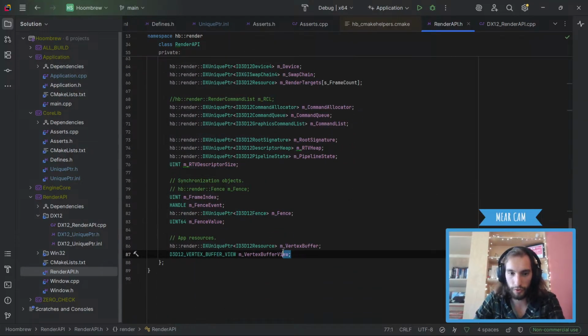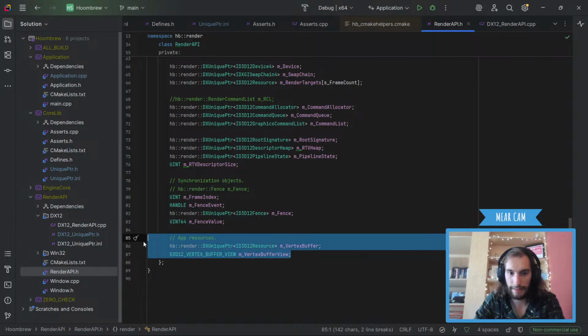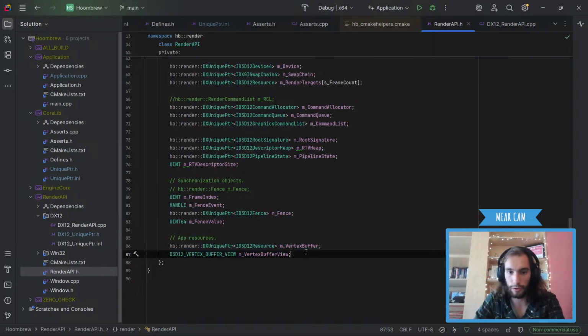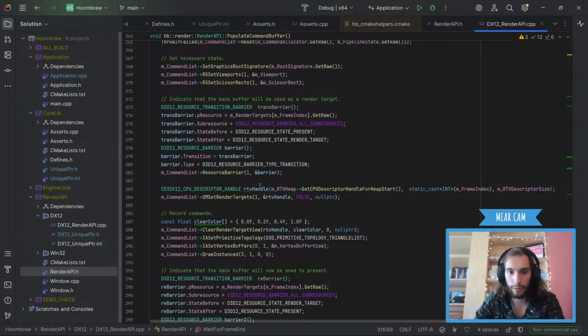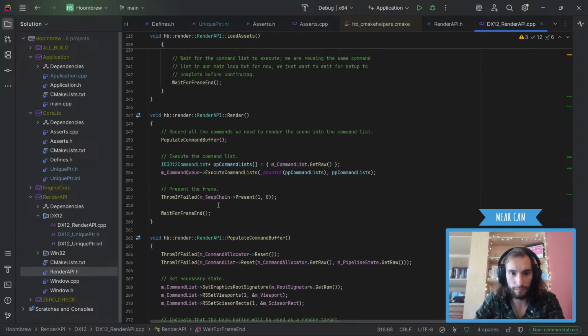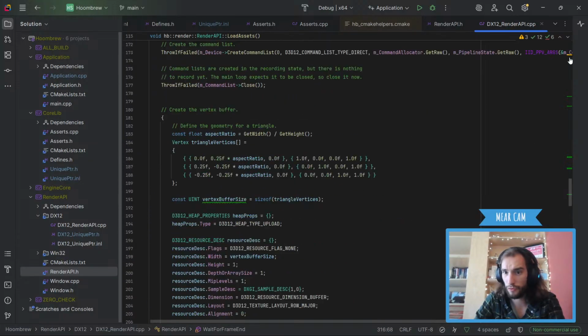Our model will just have a vertex buffer, I think, and an index buffer, if I'm not messing up things, but I don't see it in here. So let's go take a look at. Do we have a create resources function somewhere?